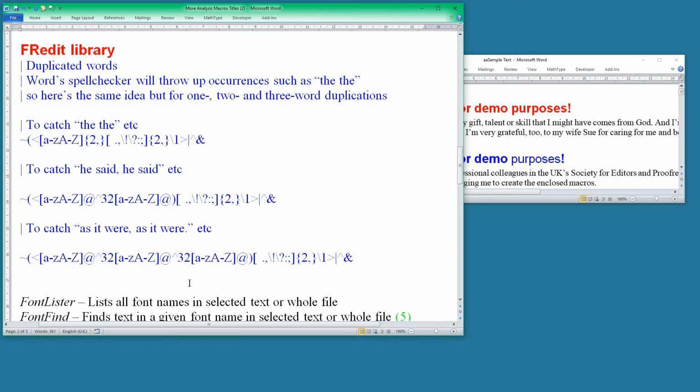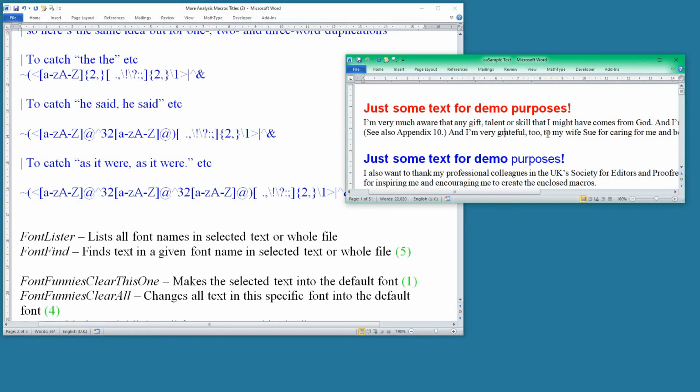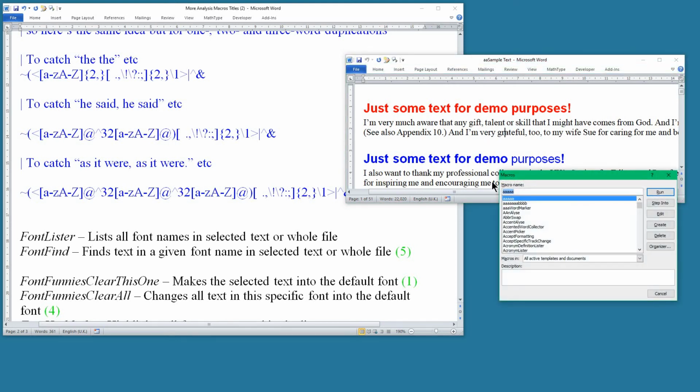Oh yes, the Fredit library giving you how to do those wildcard searches. One word, two words or three words. Right, font lister. So the idea here is that it will find out what fonts occur in the document, which is quite interesting, because when I ran it, it told me that I'd got a font that I'd never even heard of in my book. So we can try it, can't we? So font lister,